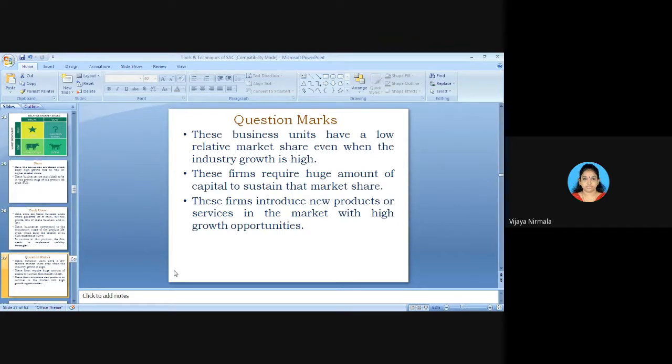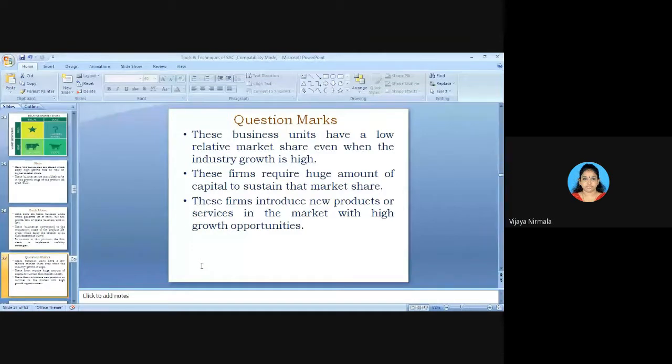Now e-commerce is growing very fast, so the number of players is also increasing, right? Even though e-commerce is being developed nowadays, in India the literacy rate is low. Only the people who are literate can use e-commerce, right? So even though it is growing at a very fast rate, for the majority of players the relative market share is always very low.